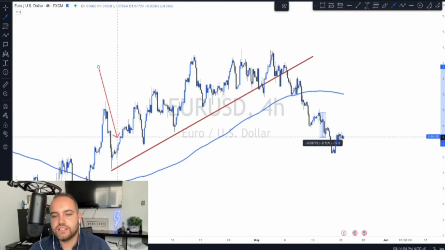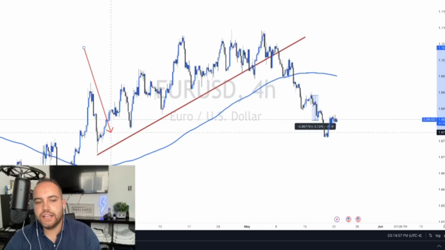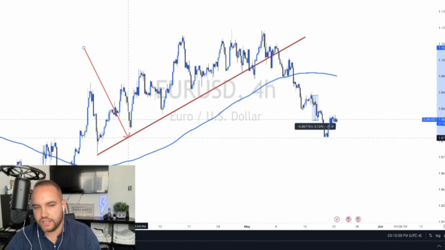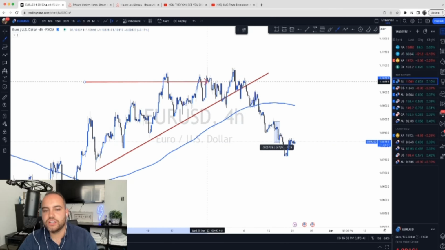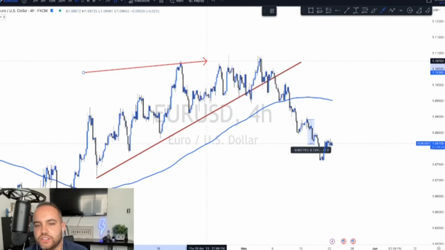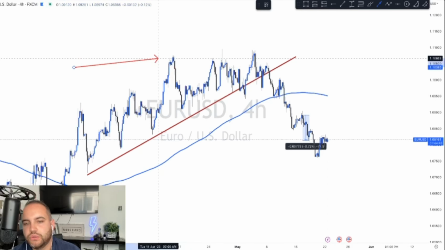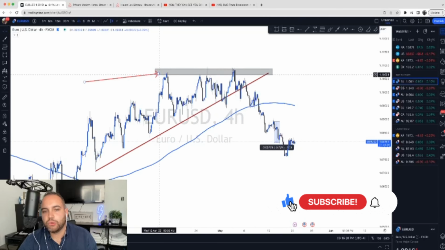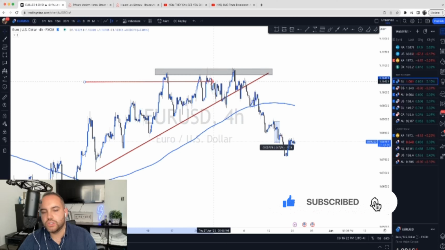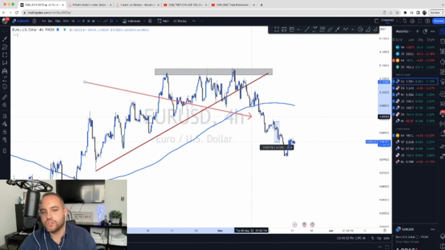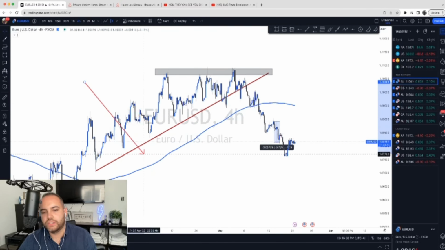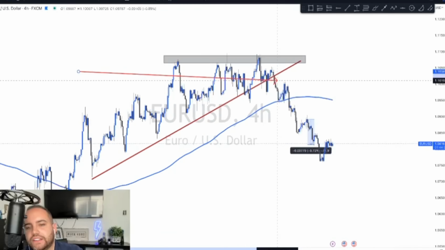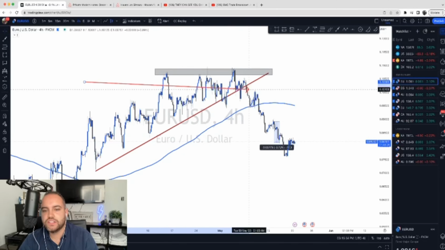One thing I really noticed, we are on the 4-hour time frame. As you could see, we were creating higher highs, higher lows, higher highs, higher lows, until we saw a change of structure and the market started to shift into somewhat of a range on xauusd. Not only that, we also failed to create a higher high. That is indicator number one for me: once I see a change of structure and we're failing to create a higher high. Point number two, price finally broke below the 200 moving average, which is this blue one right there. So that was indicator number two, that there was a shift in the overall direction.